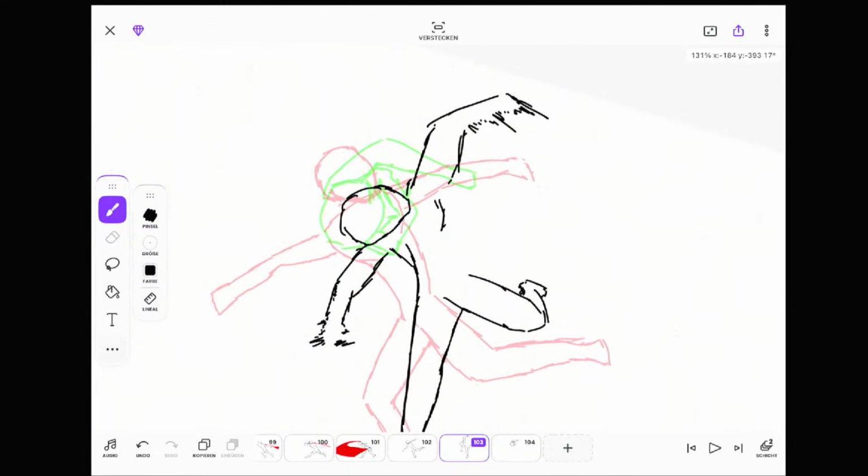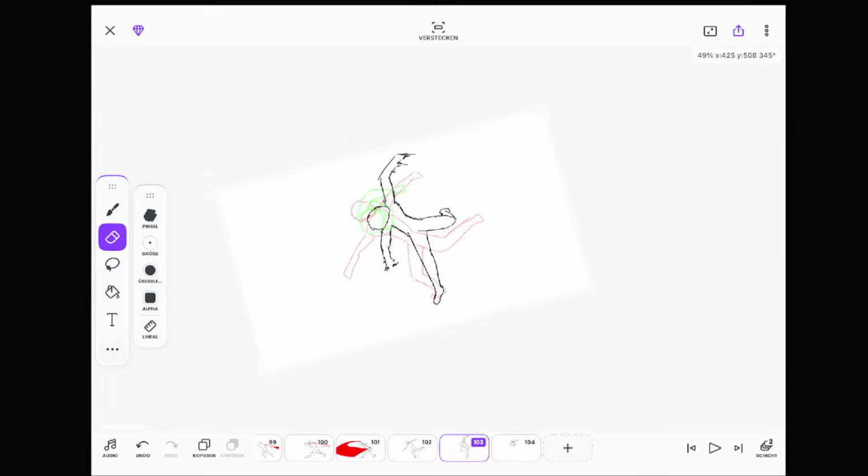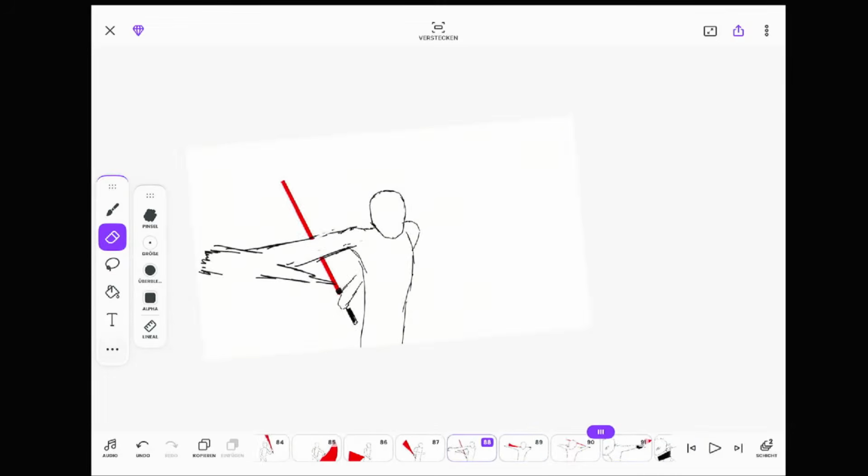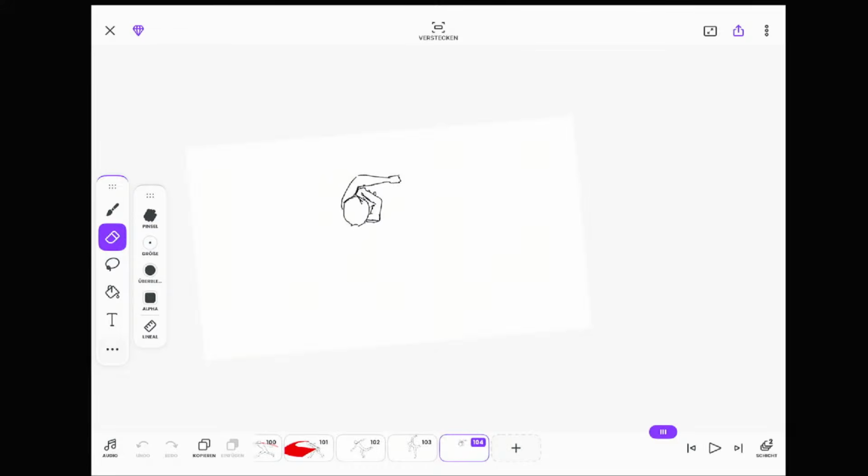I think the figure can look a little off because of the movement, but you know that in animation, frames can look cursed. Because of the movement, it can look clean at the end.